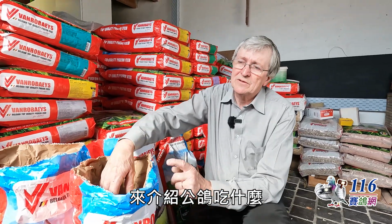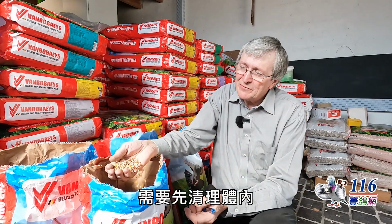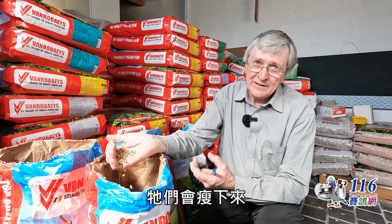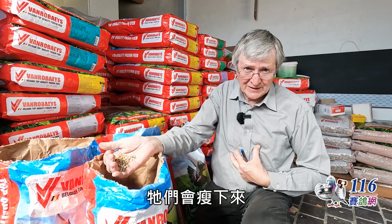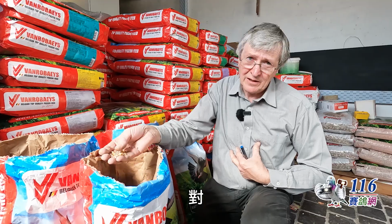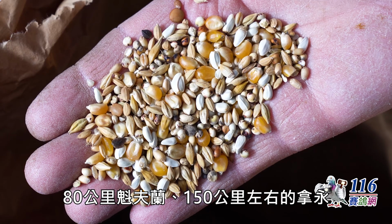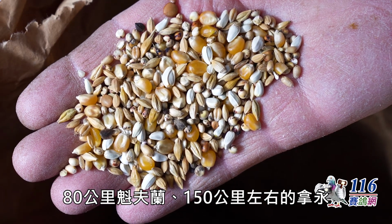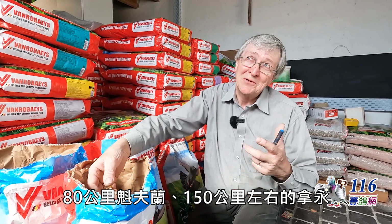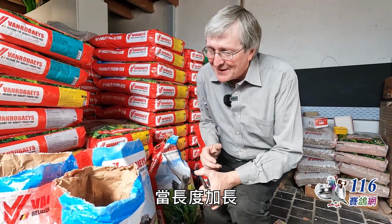Then for the cocks. Now, after the cocks have bred, they are fat, you have to clean their body. This is a very light mixture. They come very pink on the body. That's just for the very beginning of the season, and not so far. So a distance of 80 kilometers, Kivrain with us, or Noyon, 150, 160 kilometers. You need to do this when they have to work,